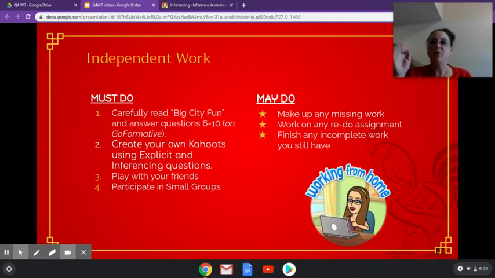Also, what you may do, you can make up any missing work that's still open and work on any redo assignments you may have, and finish any incomplete work you still have. Make sure you complete through everything. And your small groups,